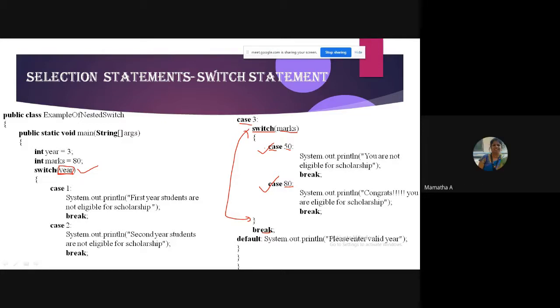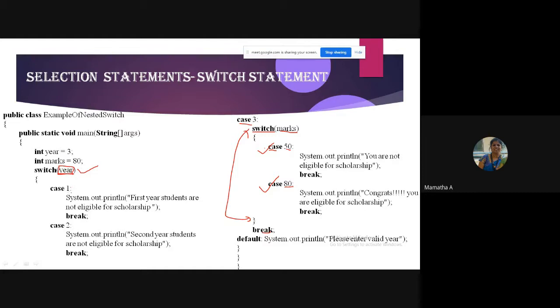Yes. So you can be still more particular. Say you want a seat only in Bangalore. Then what is your outer switch corresponding to? You will search only the city. You will give the city here. Switch will be your city. Case 1: suppose for example, 1 is Bangalore, 2 is Mysore, 3 is Belgaum, 4 is Gulbarga, something like that. So you will first select the city. Then suppose case 1 is Bangalore.